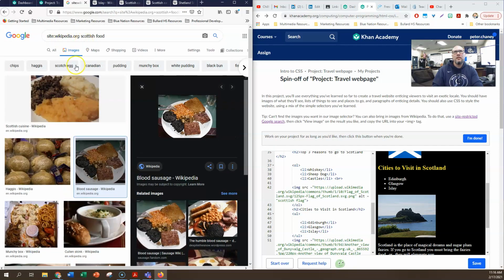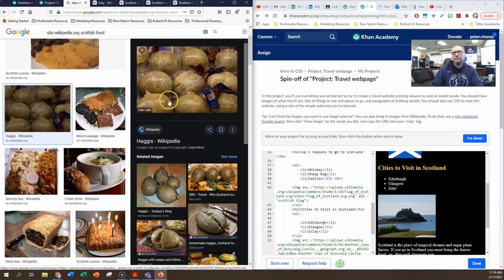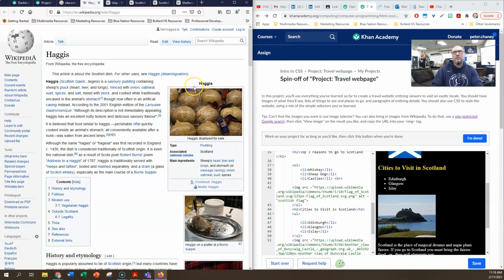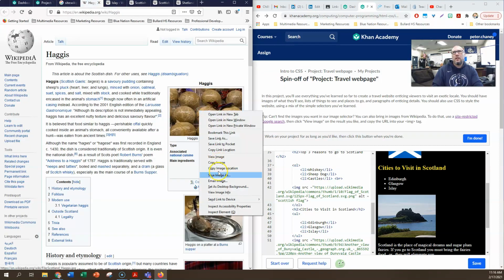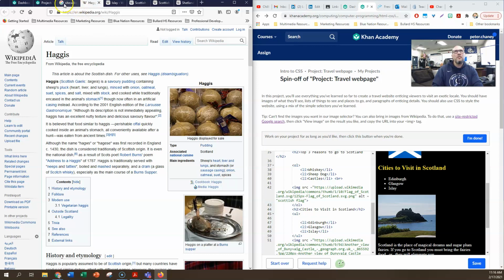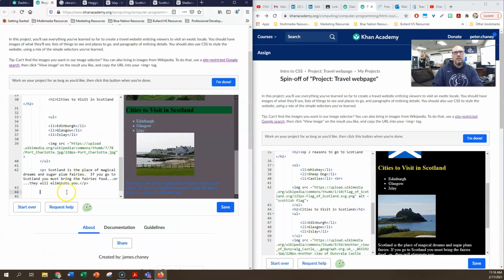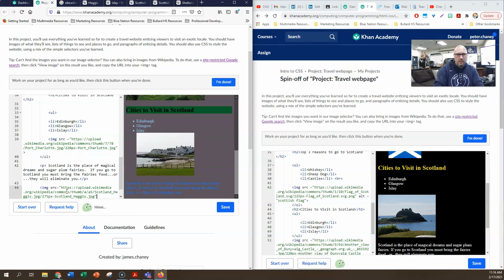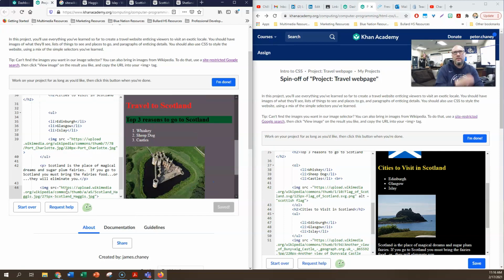Let's go to the haggis one. So let's click in there, right click, copy image location, go back to my project, and I'm going to do my image source equals quotation marks, Control V to paste, put my angle bracket to close,